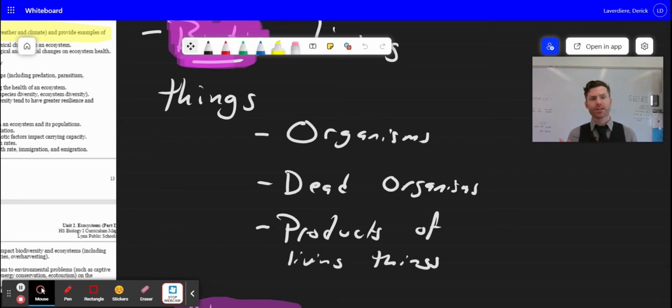It also includes the things produced by living organisms. So things like sugar, right, are considered biotic factors because they're only made by living things. Okay. Once that dead thing breaks back down into its base components, like nitrogen and phosphorus, okay, it is no longer biotic. Okay. It's lost that organization of life. But as long as it's still organized in a lifelike way, it's a biotic factor.